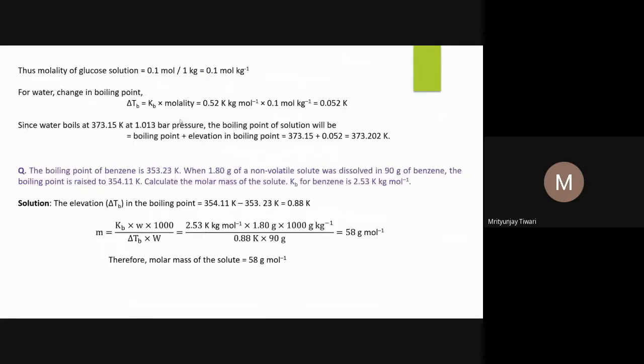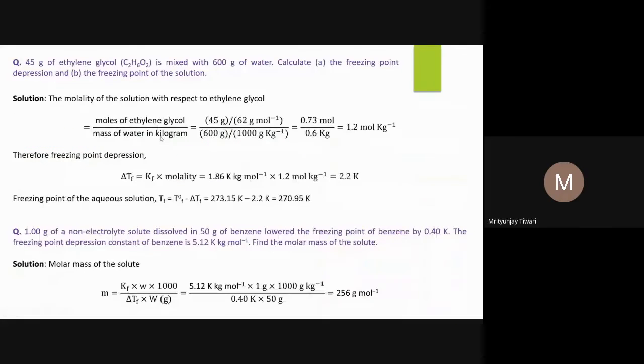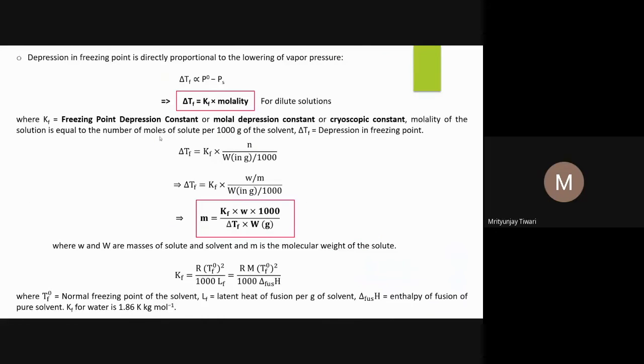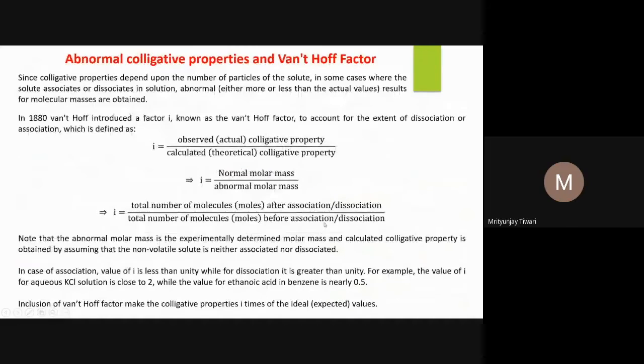And this formula we have actually seen in many places. This is the colligative property. Now what we see is that the molar mass of the solute is here in the denominator, so this is inversely proportional. Similarly, for another colligative property, delta Tf, again the molar mass is in the denominator. The same thing you can obtain for all other values if you look at the equations.